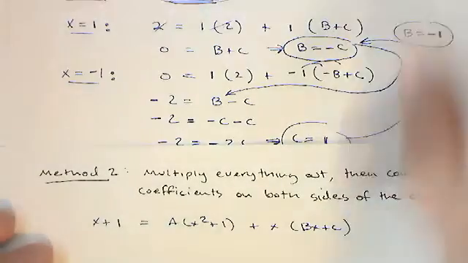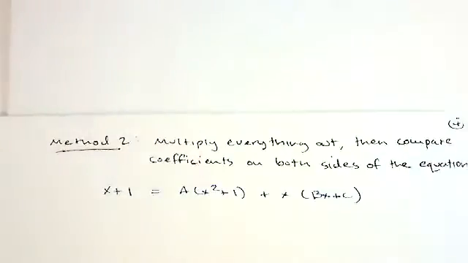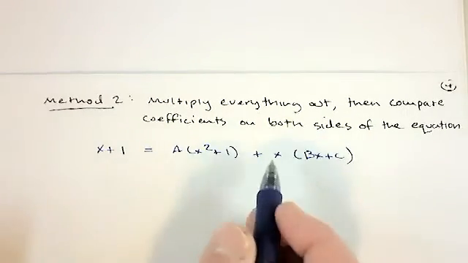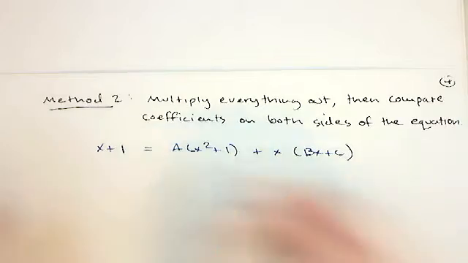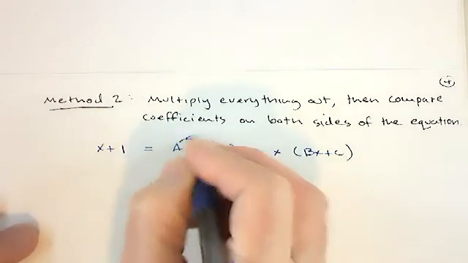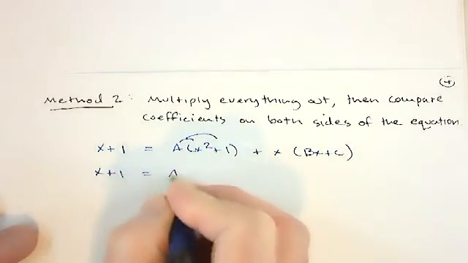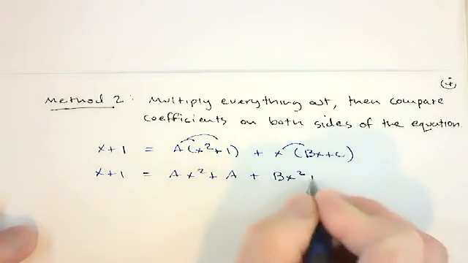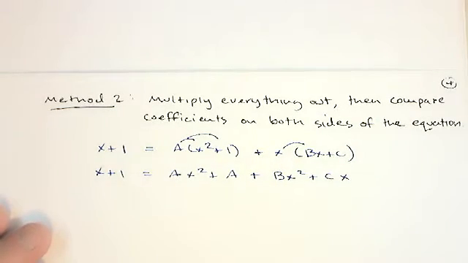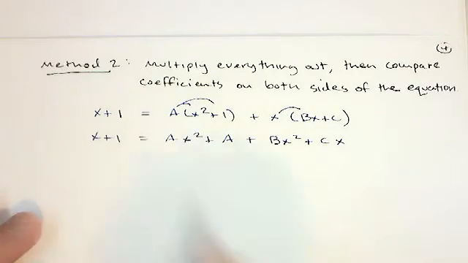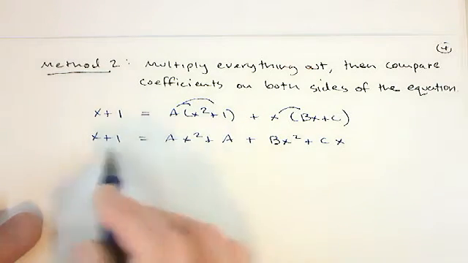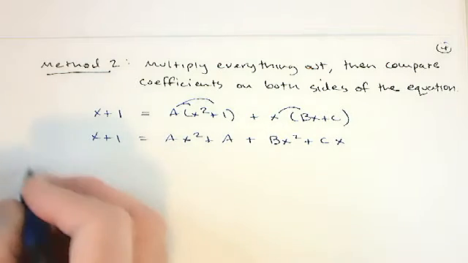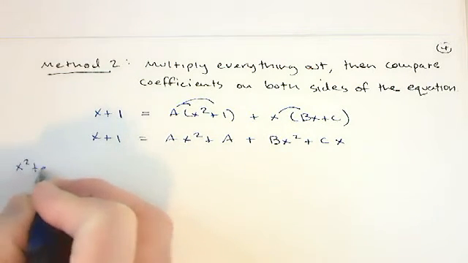Move this over so you can see it. Sorry, let me get myself organized. And we already knew a was 1, but let's pretend we didn't even know that. If I multiply this all out, ax squared plus a, if I distribute this x, this would be bx squared plus cx. And the idea here is comparing that this is an equation, so the left side and the right side need to be equal to each other. And so if I compare things by like degrees, like if I look at my, for example, my x squared terms,